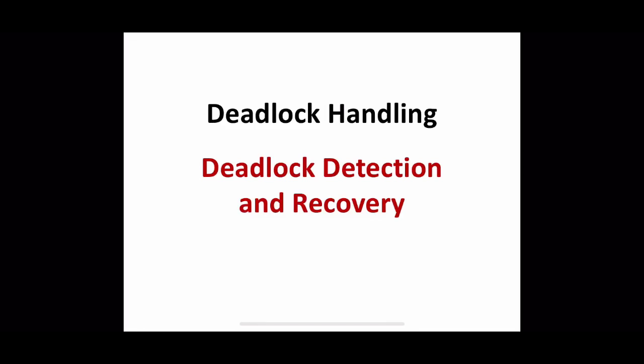Now let us see the third method of deadlock handling, that is deadlock detection and recovery. So in the previous sessions we have gone through two different techniques, that is either we can avoid deadlock or we can prevent deadlock using some techniques, and if the system does not employ either of these techniques, then a deadlock situation may occur in the system, that is, the system allows itself to enter into a deadlock state.